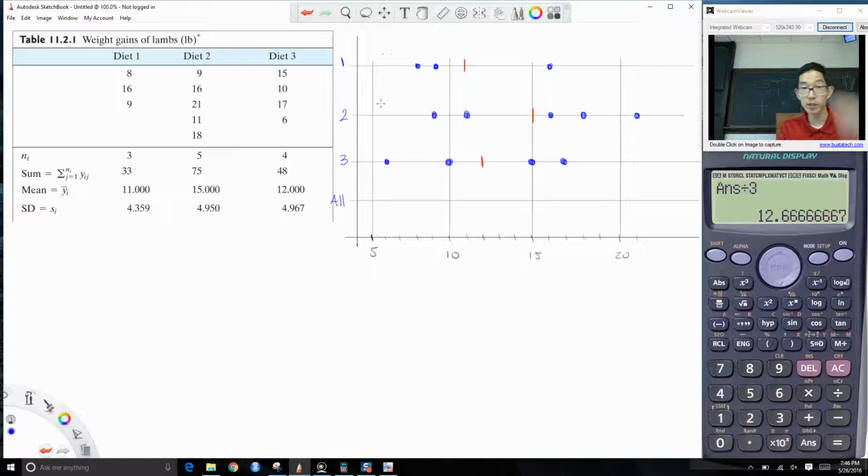Okay, so then just putting all of these dots together, we have that, and the grand mean is at 13. So I'm going to make a big red bar to indicate this is my grand mean of